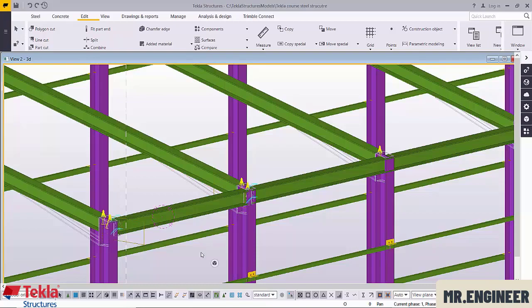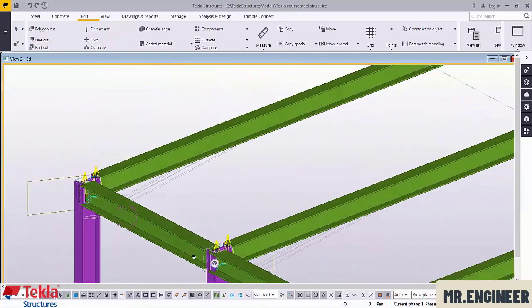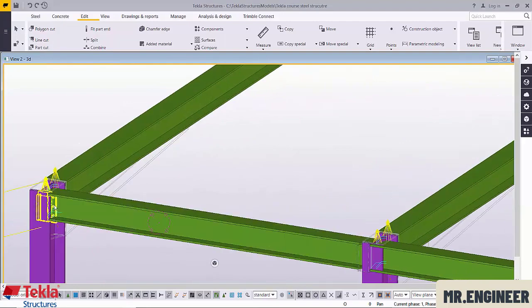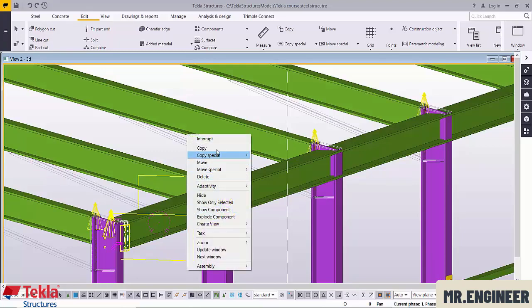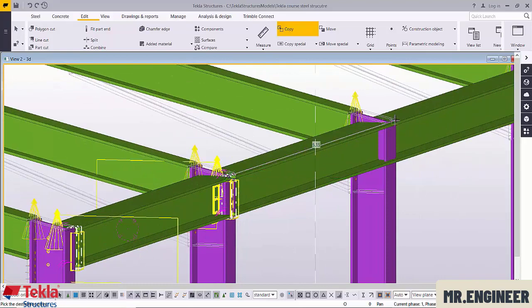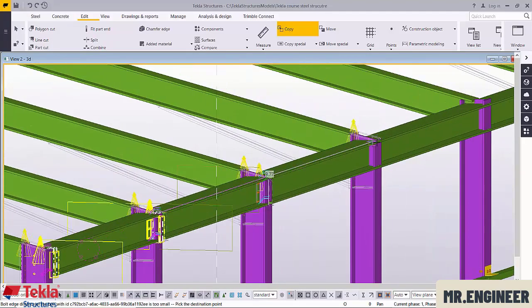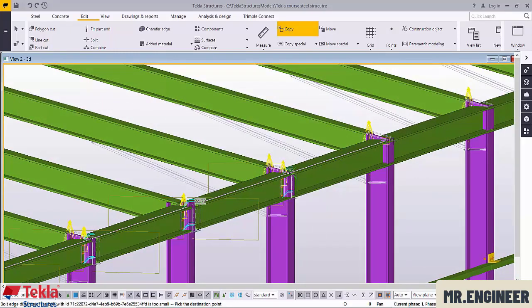Let's copy only this. Yes, this and this. Copy from this point to this point, to this point, to this point. Yes, okay. So the connection